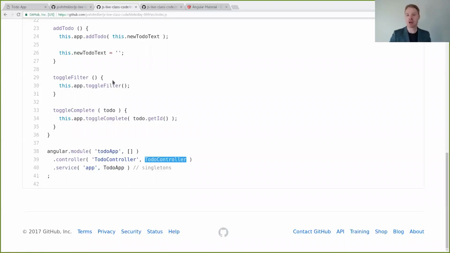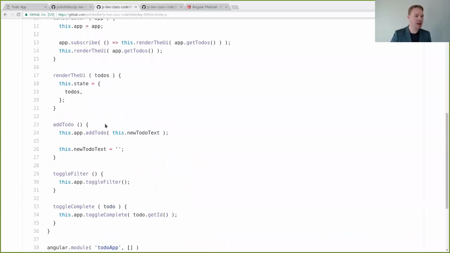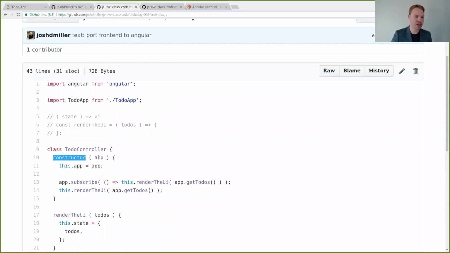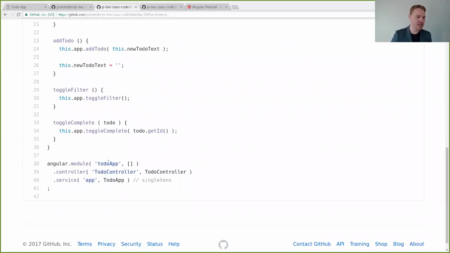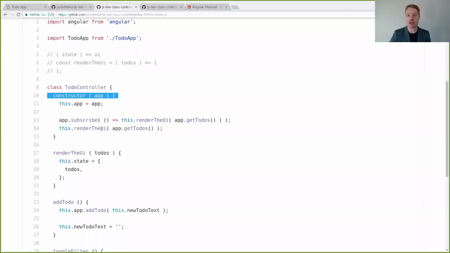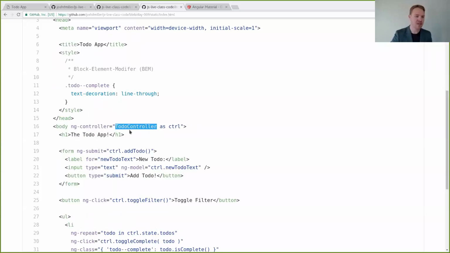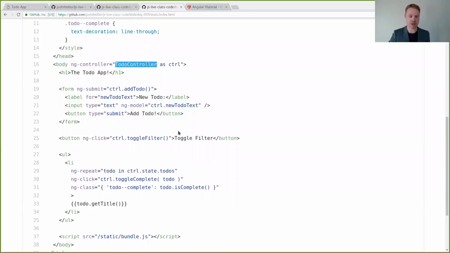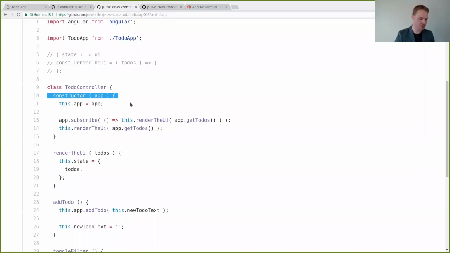So it's going to say, do I have one already? No, I don't, so I'm going to go create one. To create one, I'm going to call a constructor function, but that needs something called app. Do I have something called app? Nope. Do I have it defined anywhere? Yes, to-do app has a service called app. So let me create one just by calling the to-do app function, and whatever it returns, I'm going to store as app, and that's what I'm going to pass to the constructor function. Then I'm going to create a new to-do controller, and then we're good, because I can put it right here and get access to it inside the view. So, dependency injection. Okay, I told you Angular has a higher learning curve up front.